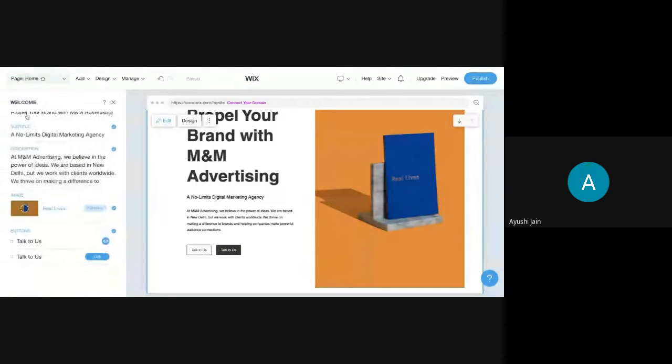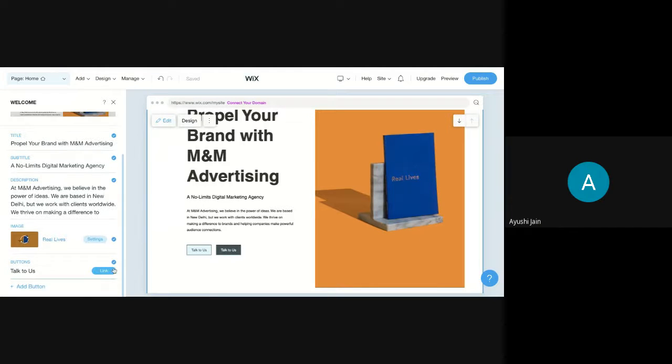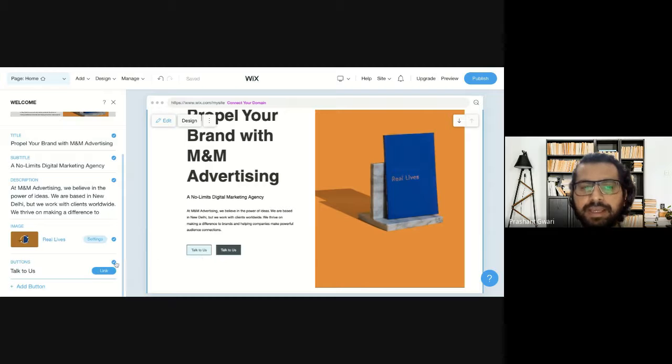Now, same thing we will do here again. We will create a call to action button for this section too. Like there are two call to action buttons. We will delete one, and we will go with only one call to action button. And you can create like talk to us, or maybe learn more or about us, and you can link this